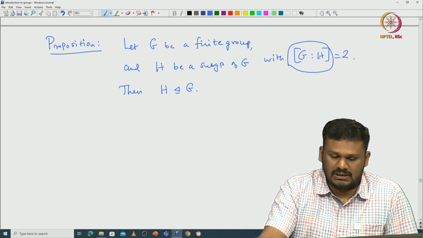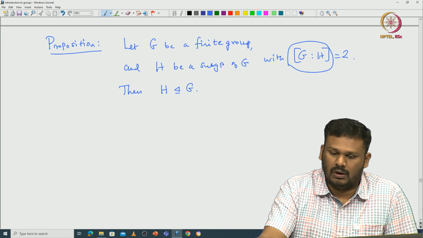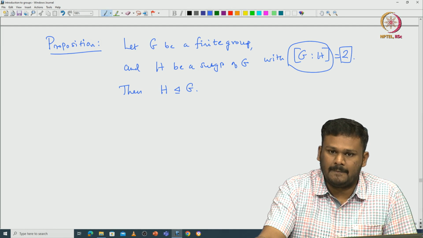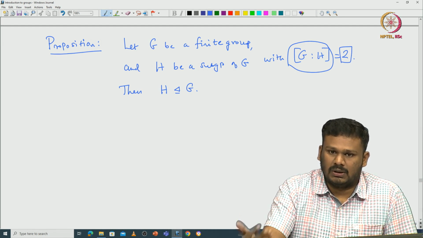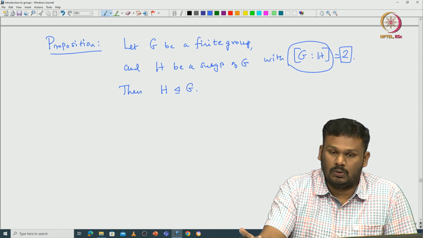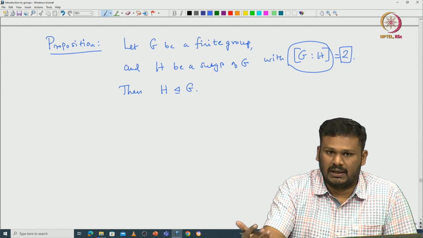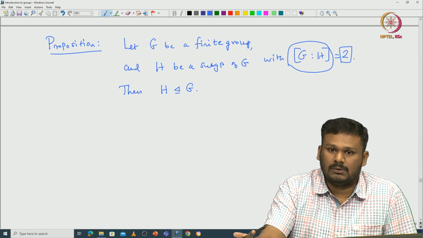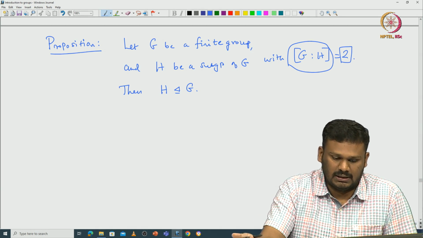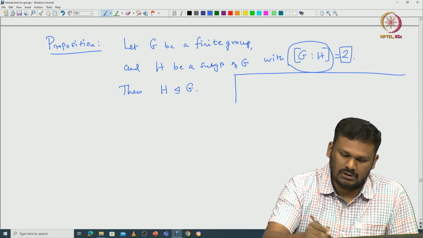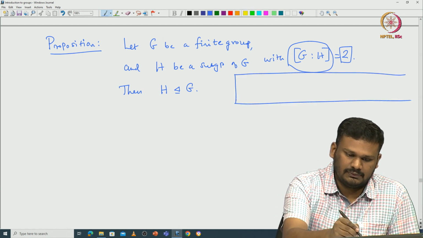This motivates us to replace this 2 by some prime number p, and look at a subgroup H of G whose index is p, where p is the smallest prime divisor of the order of G. One can ask whether that subgroup is normal in G or not. It is indeed true, and we will prove it later. This is just an aside. This can be generalized.